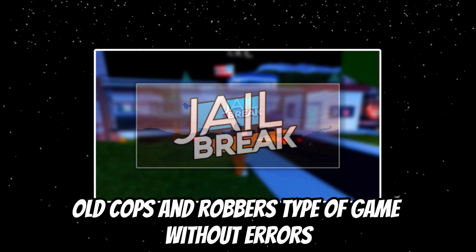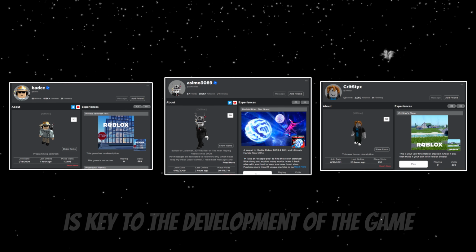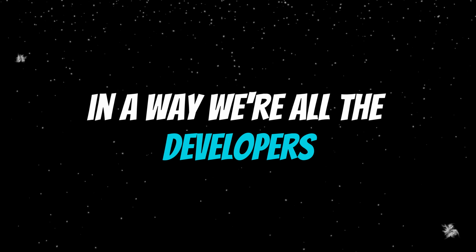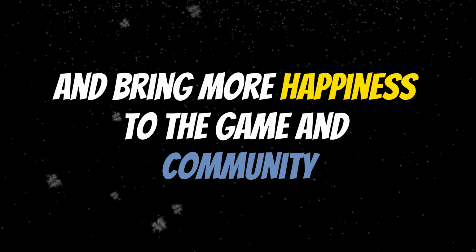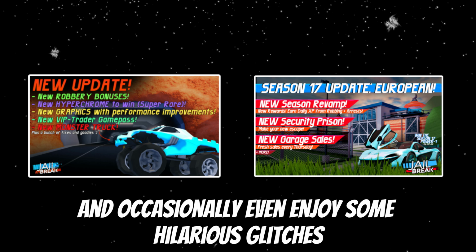without errors. Although we are far from that version of the future, players discovering unknown glitches and reporting them to the developers is key to the development of the game, as well as growing the community in a way where all the developers help the creators patch these glitches and bring more happiness to the game and community. The game will most likely thrive for years to come as we enjoy the updates and occasionally even enjoy some